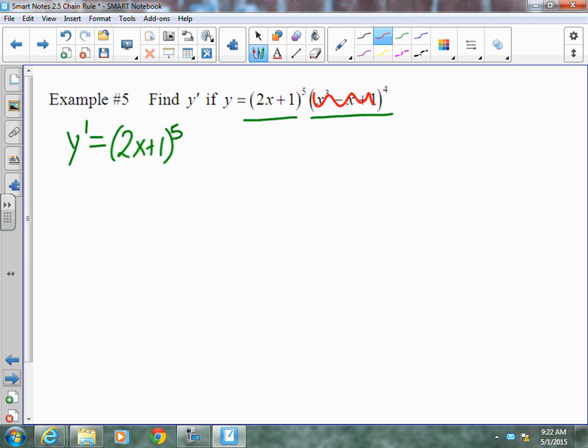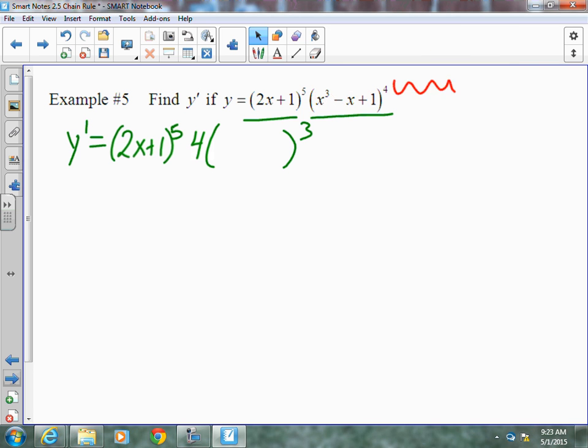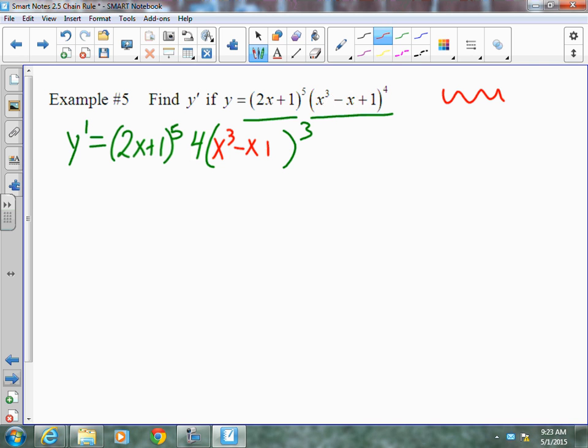Now on the second, think of that being gone, the derivative of something to the fourth would be 4 something to the third, and we put that something back inside. From there, we have to multiply by the derivative of the inside, which is 3x squared minus 1,